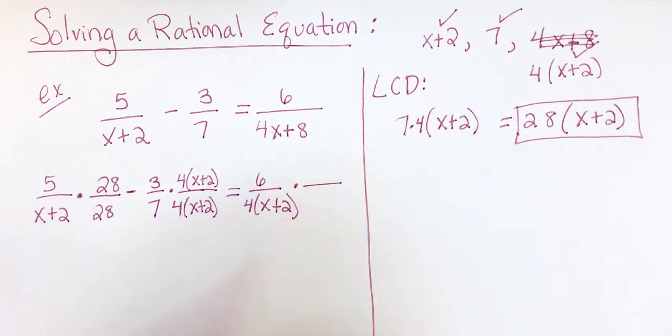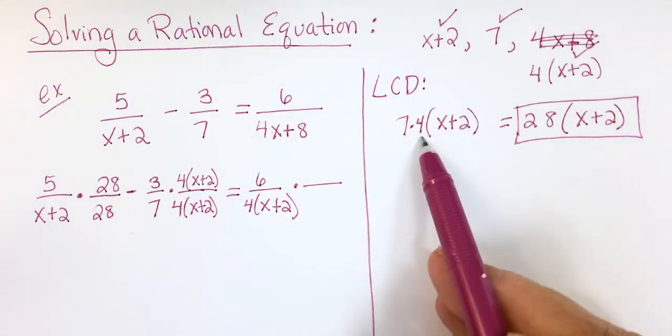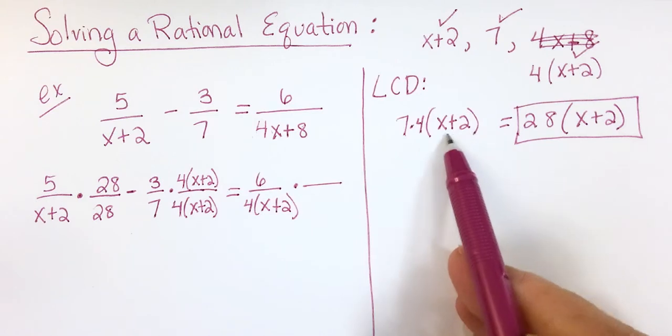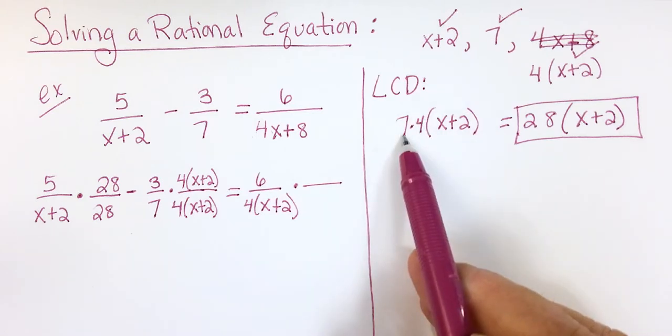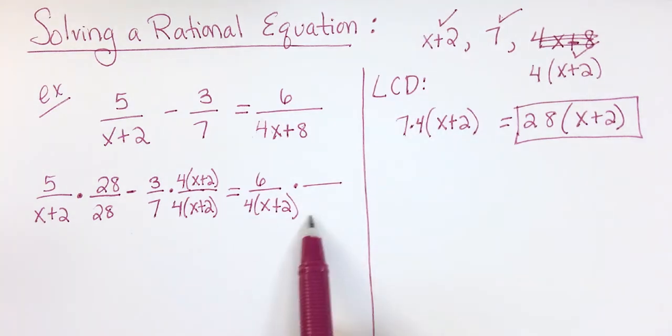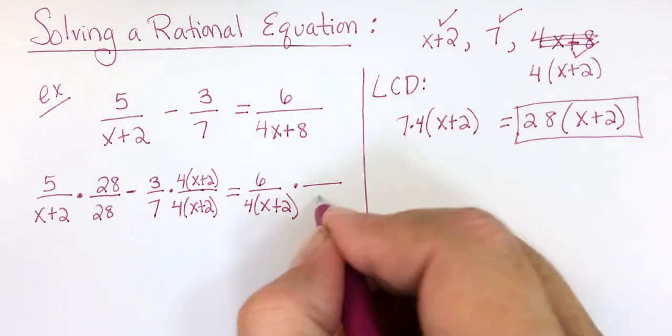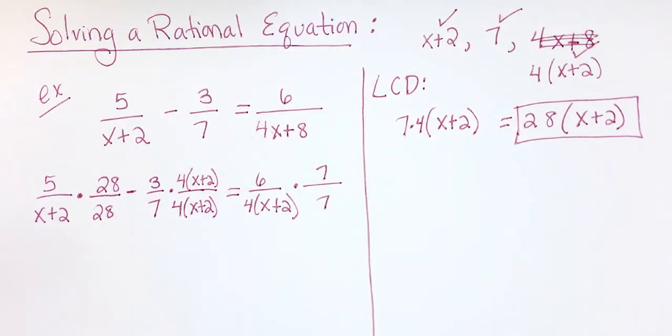And what does this need? It already has the 4, and it already has the x plus 2, so it needs the 7 in order to have the LCD. So we're going to multiply 7 here and here. Now, the reason why I like doing it this way is because our next step is to get rid of